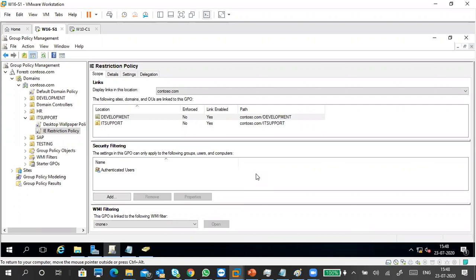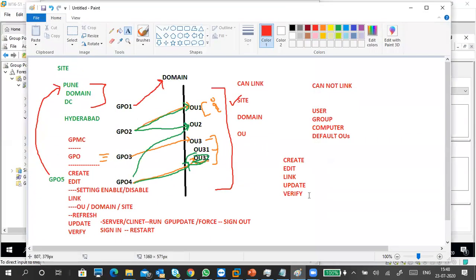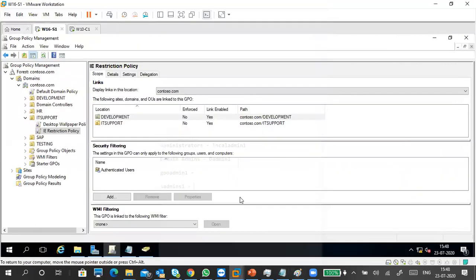Okay, that is important. So create, edit, link, update, and verify. These five things, if you keep them in mind and do them one by one, you can do it. It's not a big deal.